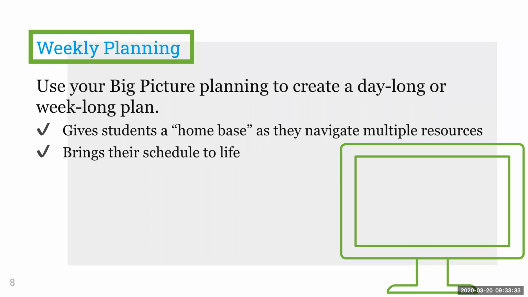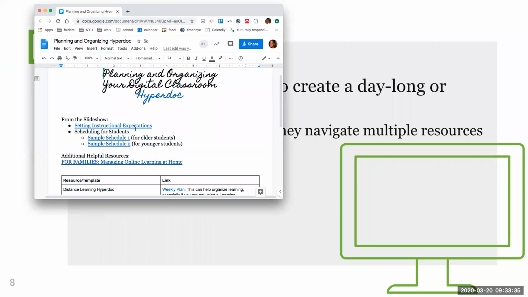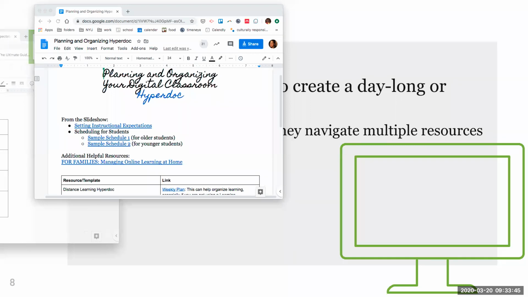And so I'm going to show you what those things look like. So here's, and Khan Academy just sent one out also that I'm going to add. Actually, we're going to open the Khan Academy one first. So I'm going to add a doc in real time. This is really fun. I'm going to add a sample schedule to this HyperDoc and show you what this looks like.